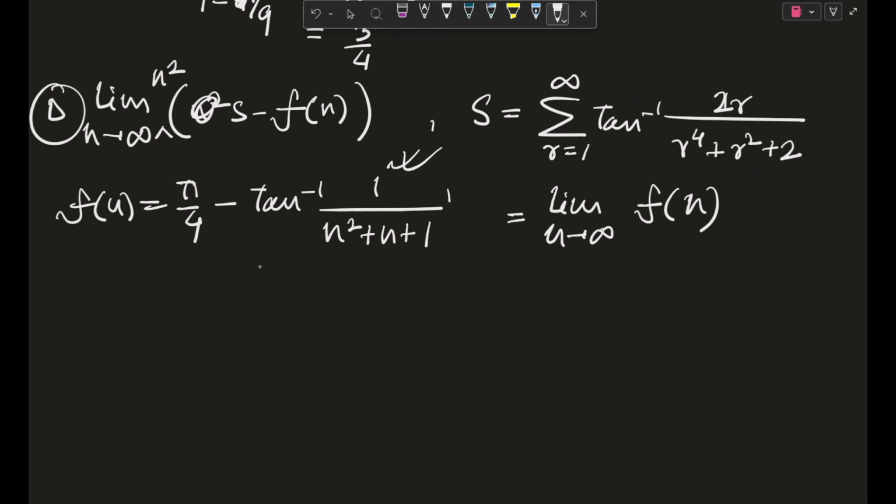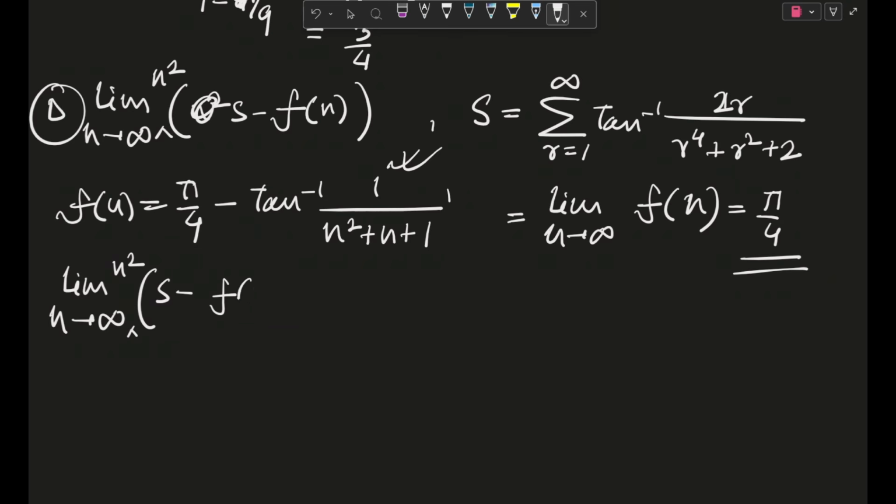So this will very purely go off to 0. So actually s is pi by 4. So limit n tends to infinity, I missed the n square, of s minus f of n, this is coming out to be equal to